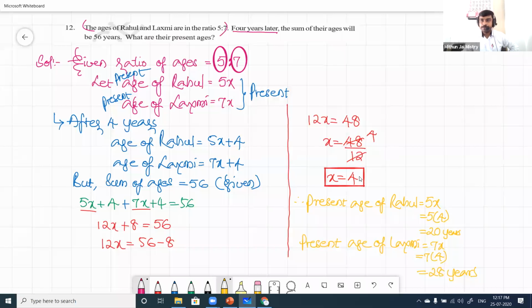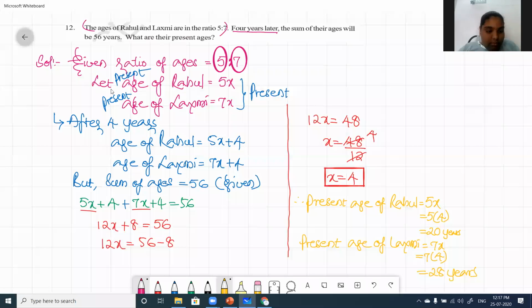I had muted everybody because some disturbance was coming. So that's why you could not talk. But now I'm giving you access. If you want to ask anything, you can ask if you have any doubt. Yeah, now you can unmute. You can check that. So shall I move to the next question? Right. Yeah. Let me move to the next question. 12 is over.